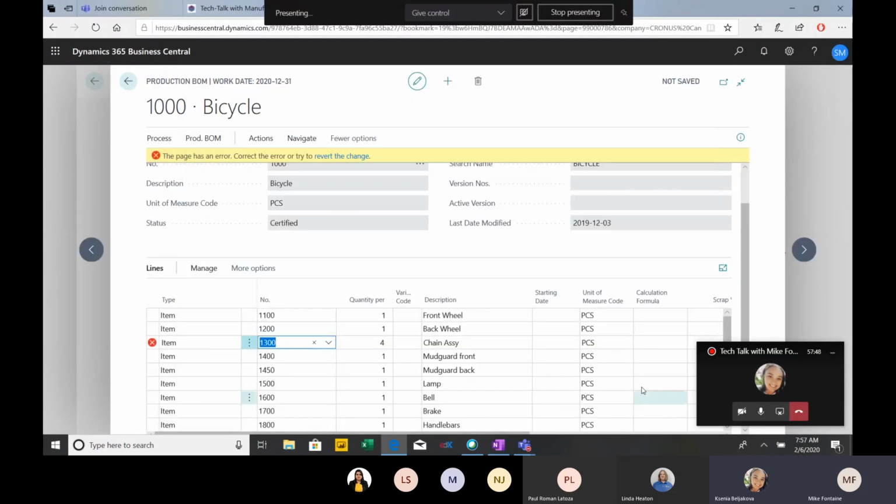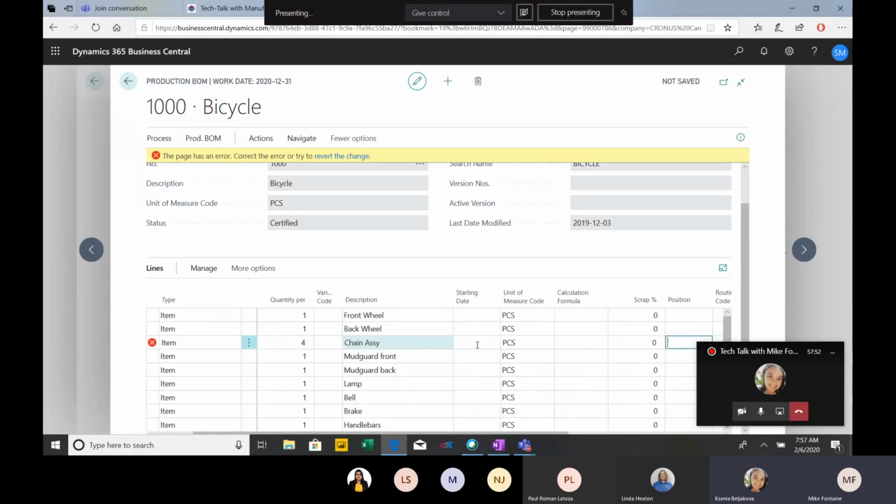Too many screens open. So here, you see where there's a column called scrap percentage. The easiest way is that you plan scrap into the manufacturing process. What that means is that it will tell people, like the buyers, to buy a little bit more because there's going to be waste in the manufacturing process. But what happens on the shop floor is that if you're backflushing, it's only going to be reporting what was